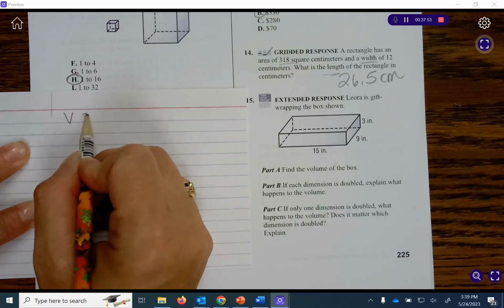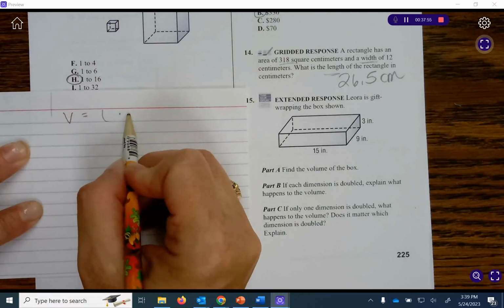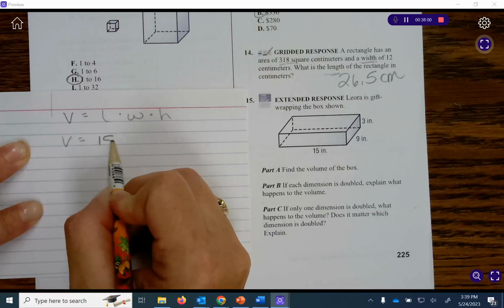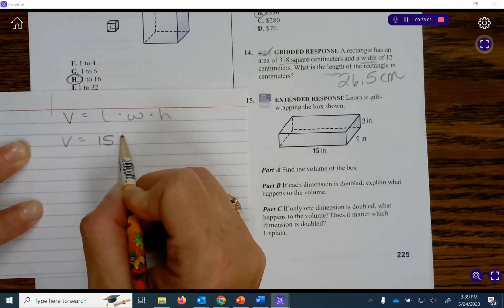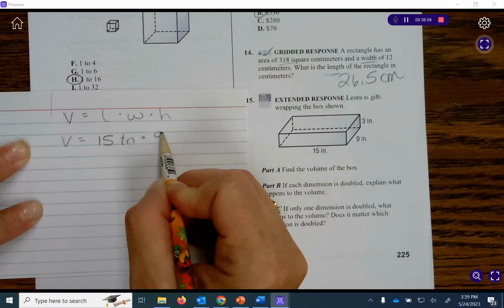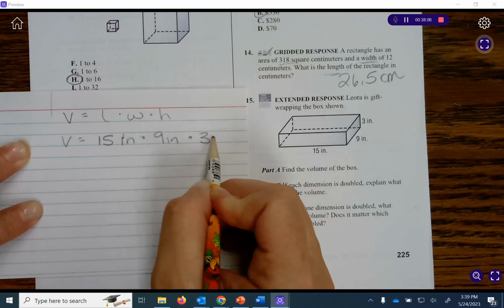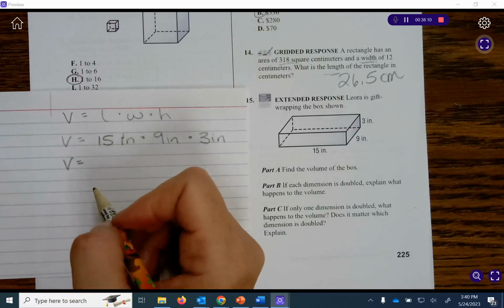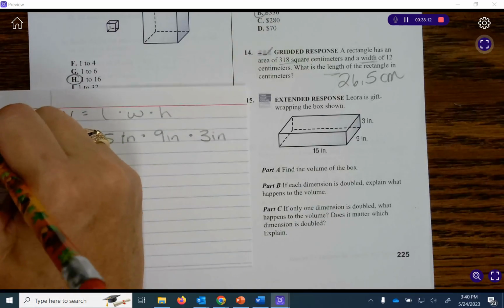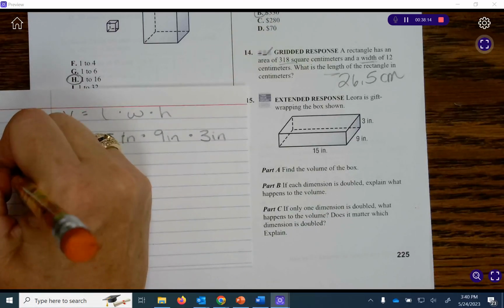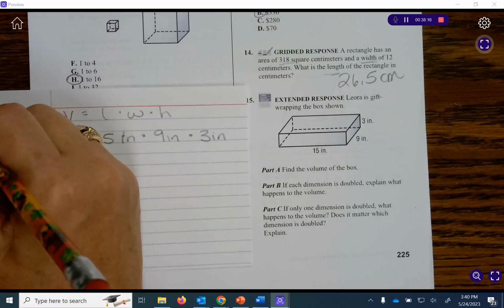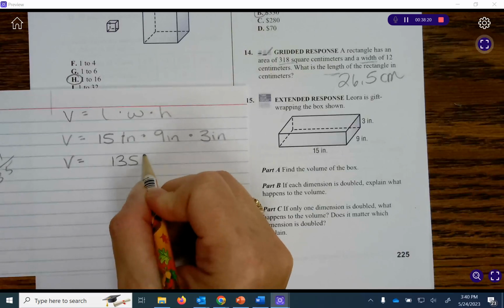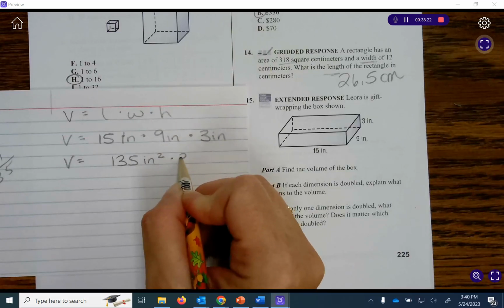volume is going to equal length times width times height. So the volume is going to equal 15 inches times 9 inches times 3 inches. So the volume is going to equal 15 times 9, 135 inches squared times 3 inches,